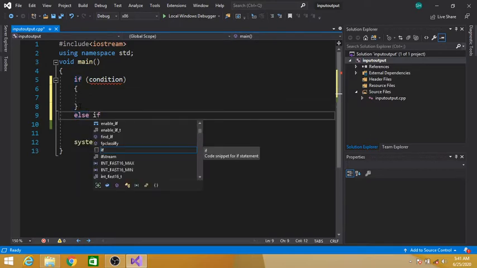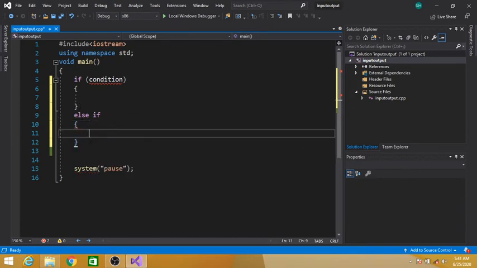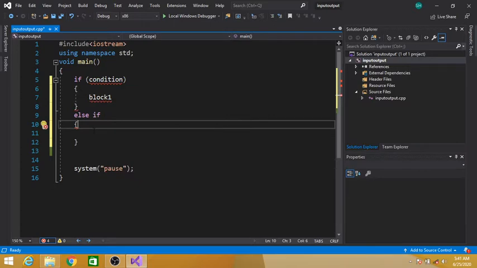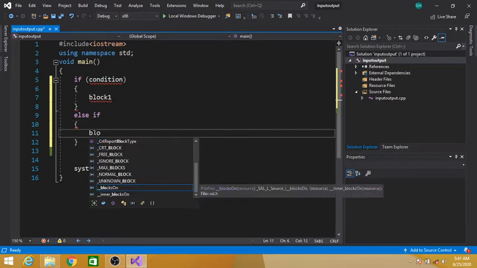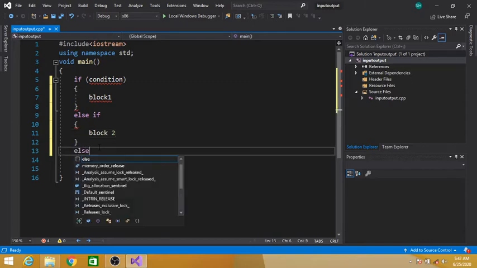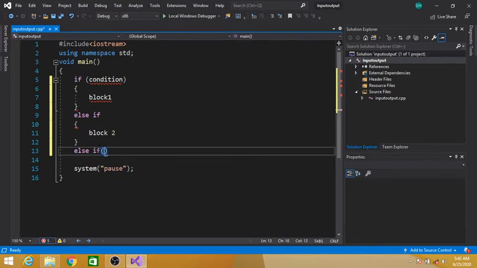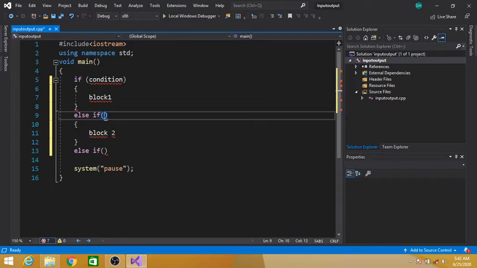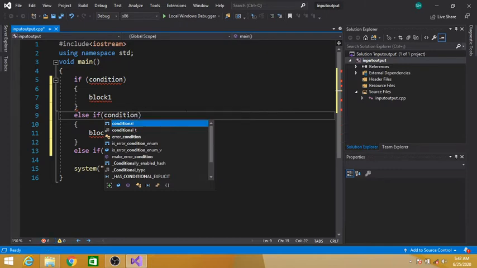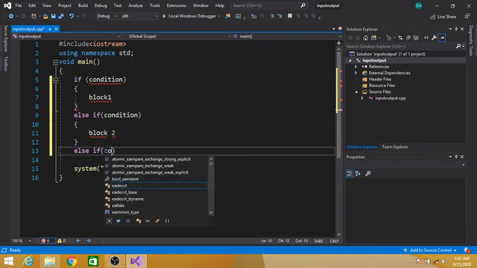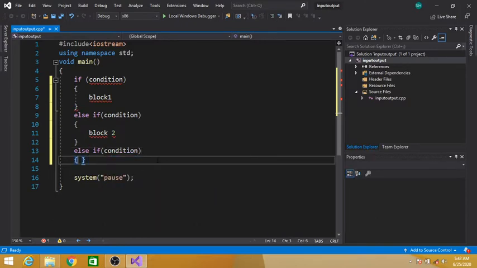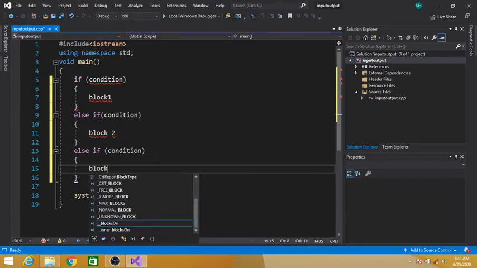Else if, so here block 1, block 2, similarly it's else if condition, block 3.